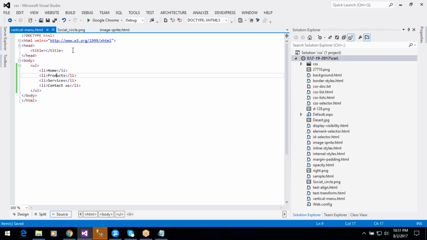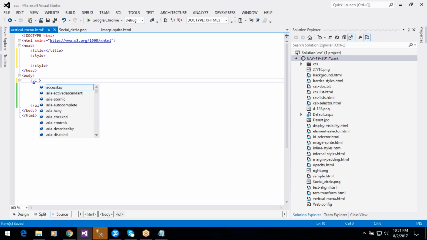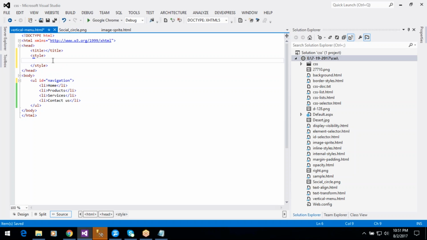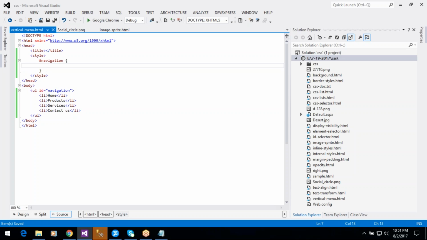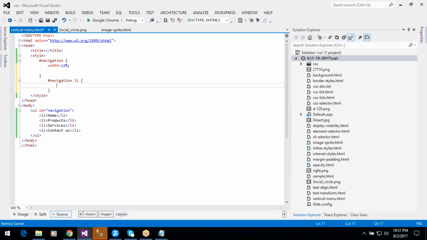So to display vertical menu styles, write some CSS. So use ID, navigation. Okay, navigation. Using ID selector. Width, first width 12%, and after that in navigation menu, in navigation ID, we have li tags. Okay, for these li tags, list style type none,